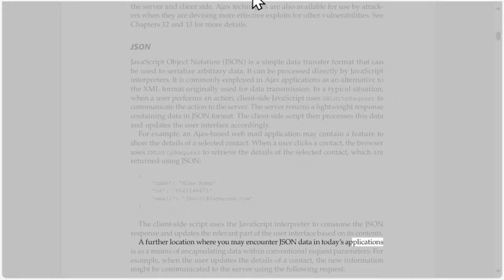is as a means of encapsulating data within conventional request parameters. For example, when the user updates the details of a contact, the new information might be communicated to the server using the following request. POST /contacts HTTP/1.0, Content-Type: application/x-www-form-urlencoded, Content-Length: 89. contact={name:"Mike Kemp",id:"8041148671",email:"pikey@clappymonkey.com"}&submit=update